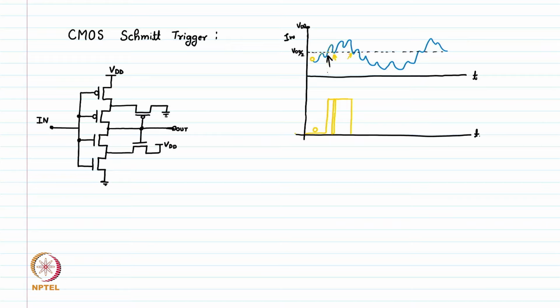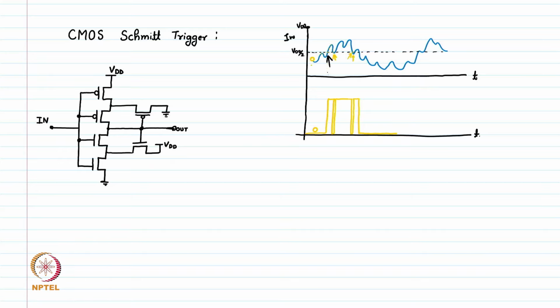However, it should be opposite, but anyway. So, this goes down again, and when it goes above this threshold, it will go back high again, and because of the noise this will remain high, and then finally it will go down from 1 to 0, and this will continue. So, this is the detection that happened in the case of the inverter,